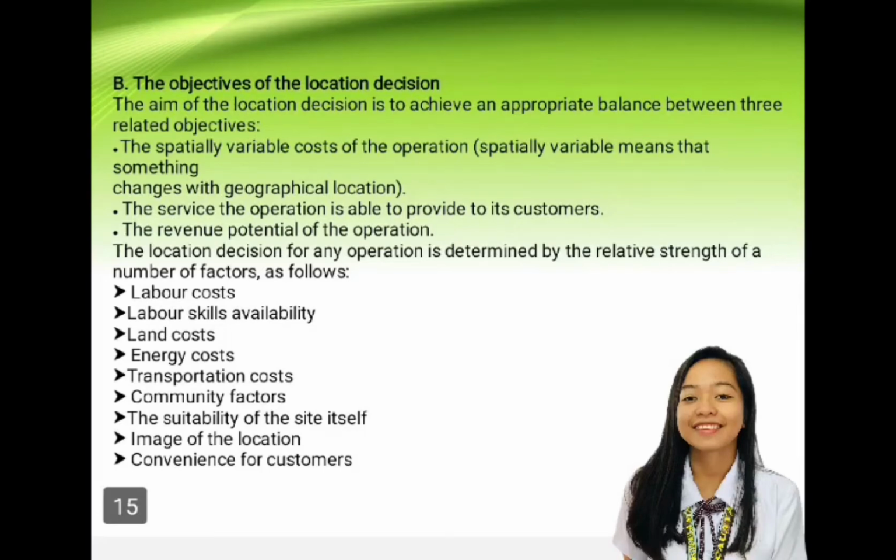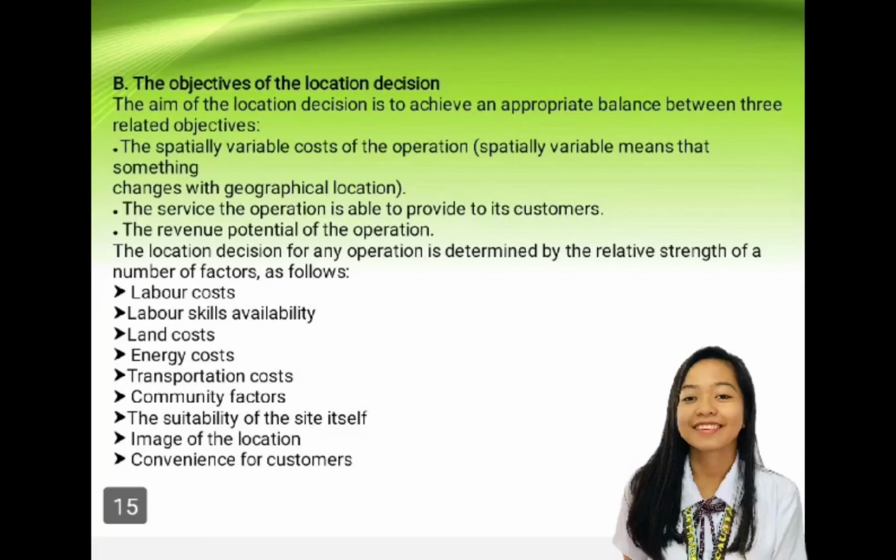The aim of the location decision is to achieve an appropriate balance between three related objectives. First is spatial variable cost of the operation, meaning that something changes with geographical location. Second is the service the operation is able to provide to its customers. And last one is the revenue potential of the operation. The location decision for any operation is determined by the relative strength of a number of factors as follows: labor costs, labor skills availability, land costs, transportation costs, community factors, the sustainability of the site itself, image of the location, convenience